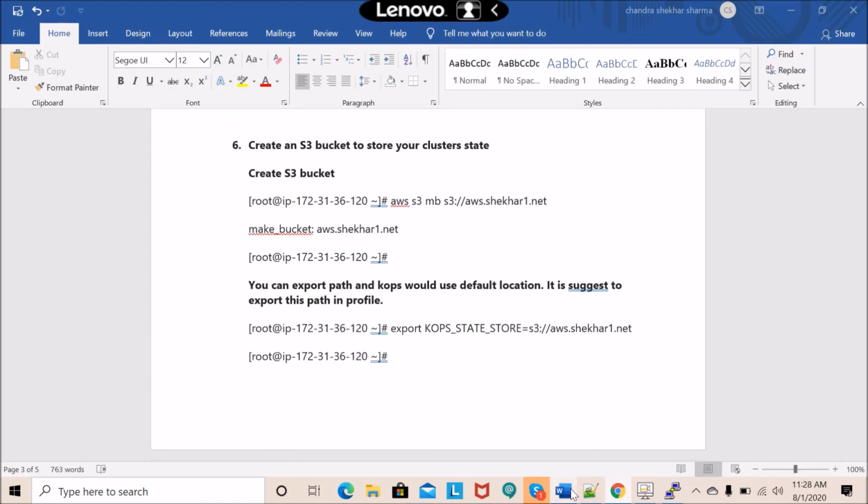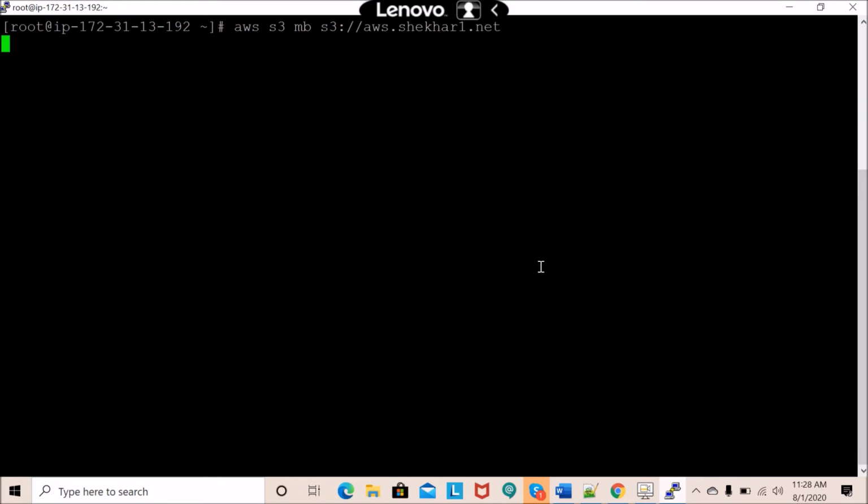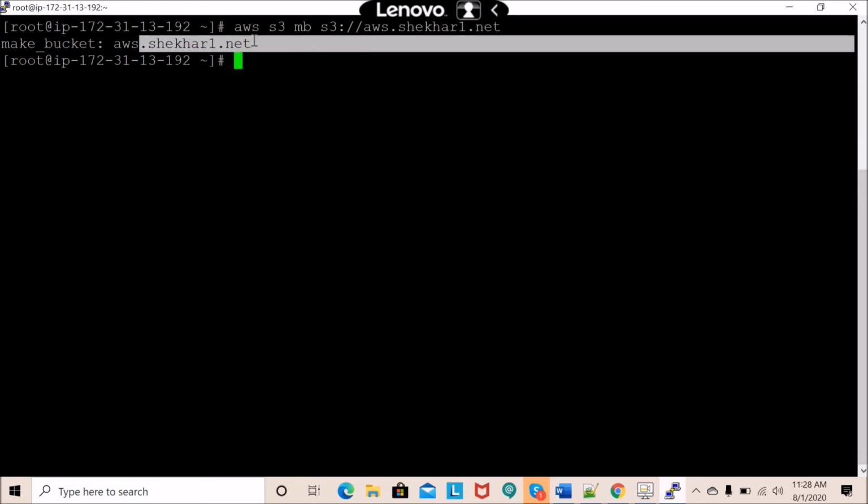So next we are going to create the AWS bucket. You already know how to create the AWS bucket from the CLI also, from the GUI also. So I am just creating my AWS bucket and I know that I have access to it, right? So you can see my bucket has been created with the name aws.shaker1.net,